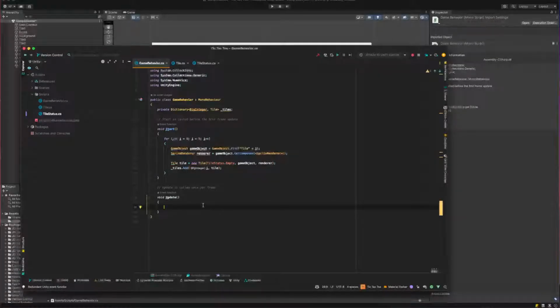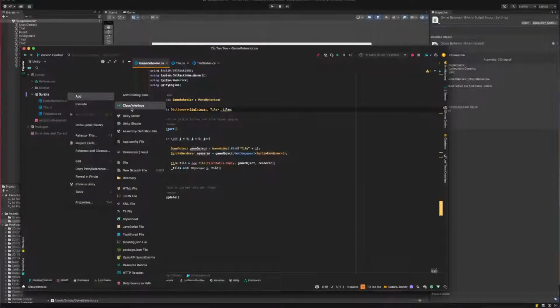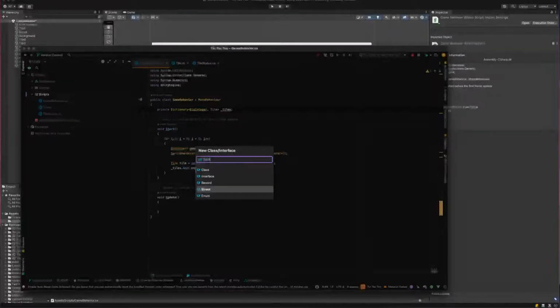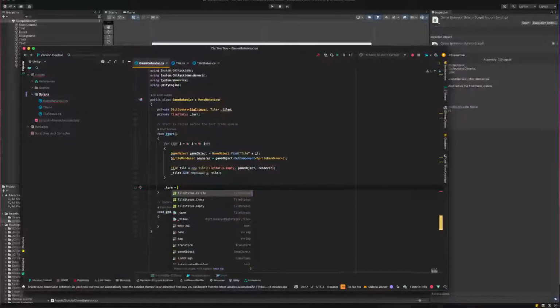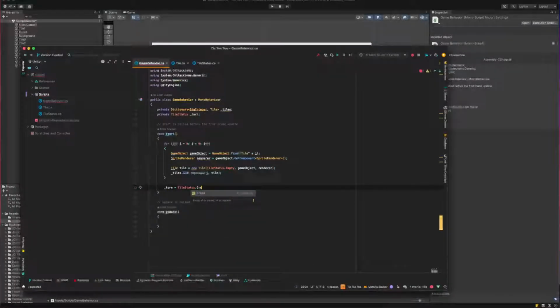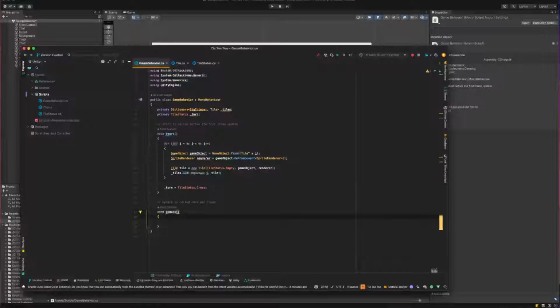Next, what we're gonna do is we're gonna create a turn. So a turn we could call private tile status turn. And at first, the turn is gonna be of the player. So the player is gonna be the cross, and the AI is gonna be the circle, right? So